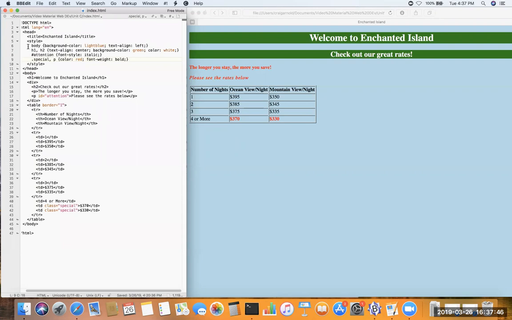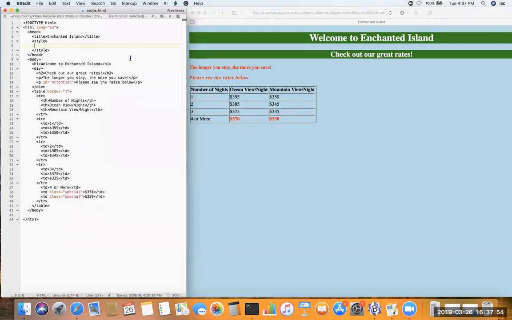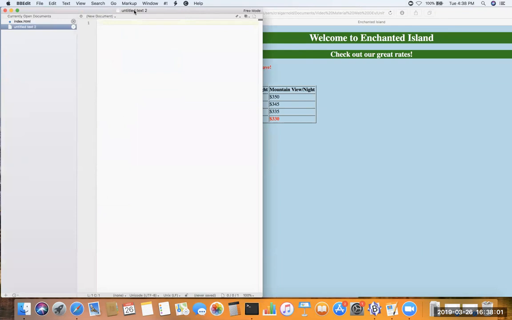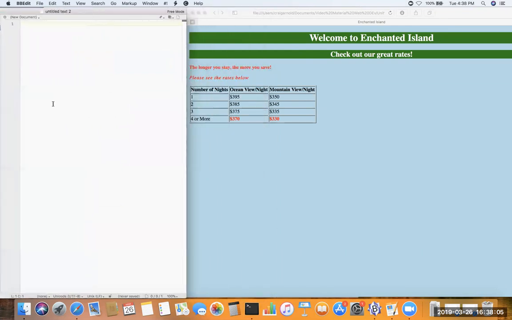So what we do is we just copy or cut, actually cutting's even better, Command X for Mac or Control X for Windows. Just cut those. We're going to come up here, File, New, and we're going to move it over here so we can see this again. We will paste our rules, and we can even format them a little better, especially since they're on a page by themselves. So we'll do this, indent over,